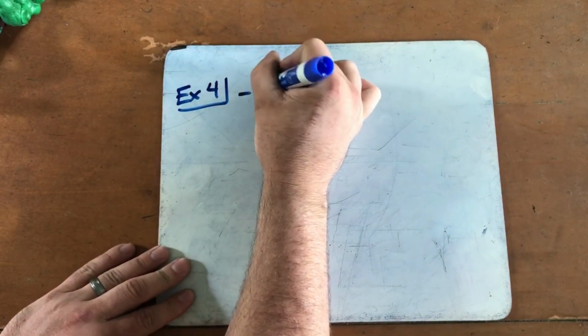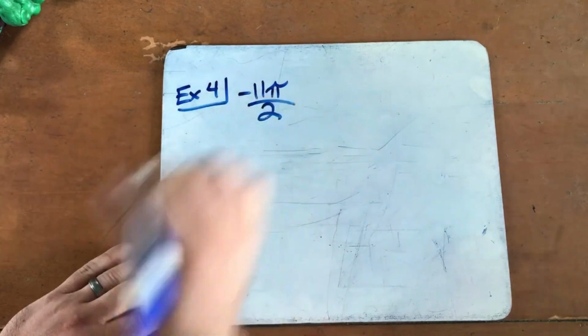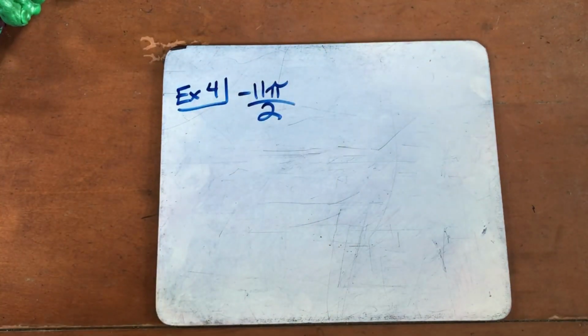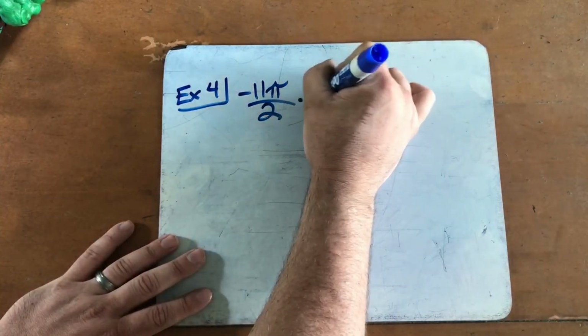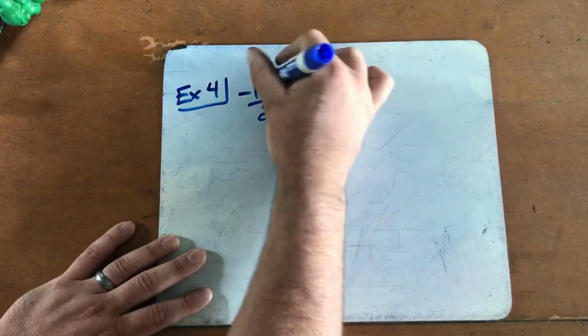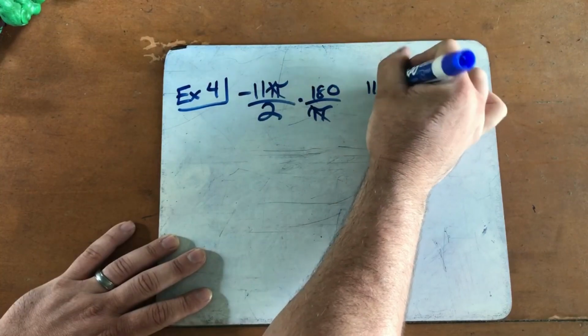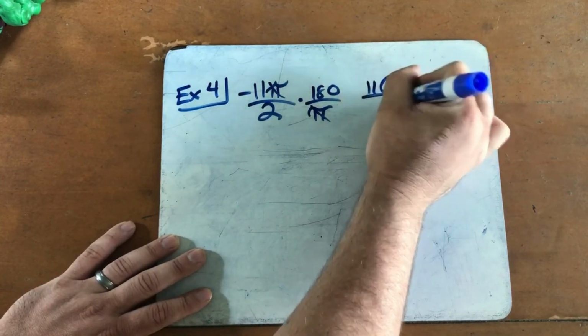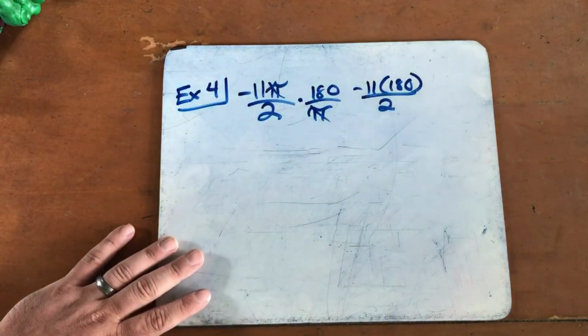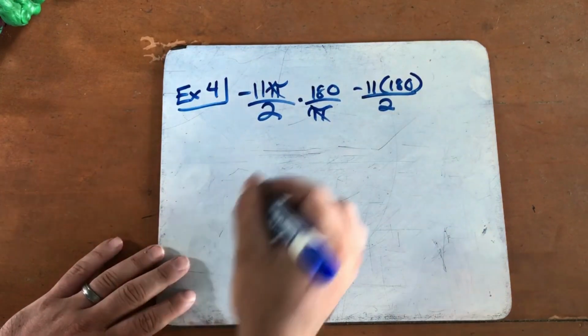For the last example, example 4, negative 11 pi over 2. So once again, there's nothing that says my measurement can't be negative. That just reflects on the direction of rotating the line around the circle to give me my angle. So once again, I multiply by 180 over pi. Pi's cancel. I have negative 11 times 180 over 2,